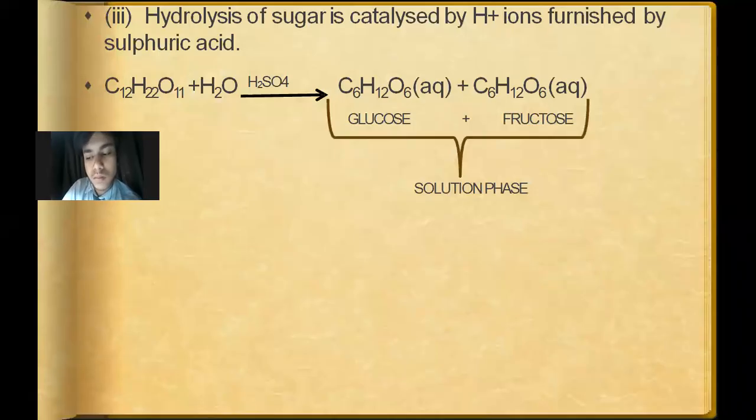Okay, so for the hydrolysis of sugar, meaning mixing of sugar in water, we require H2SO4, and that will form glucose and fructose, and both are in the solution phase. Sometimes we see the aqueous state. So what is the aqueous state? Whenever something is in dissolved state, that is the aqueous state of that. On ions we write aqueous. Or if the compound which we are obtaining as product, this is also written as aqueous. So this state shows that this particular compound is mixed with water.